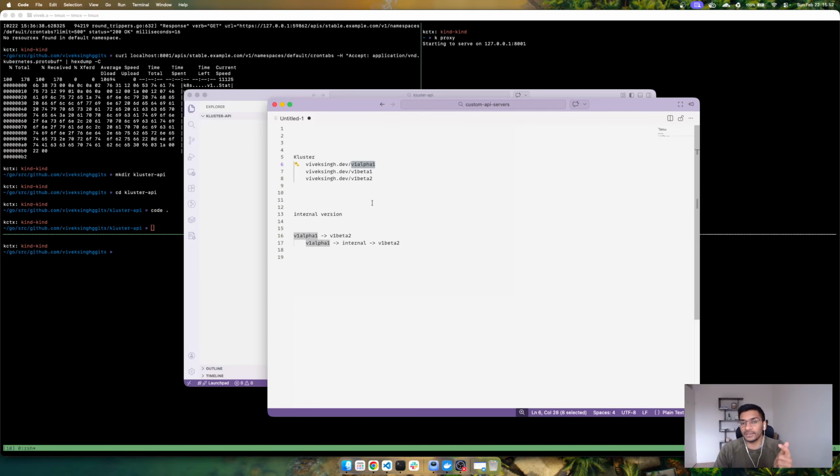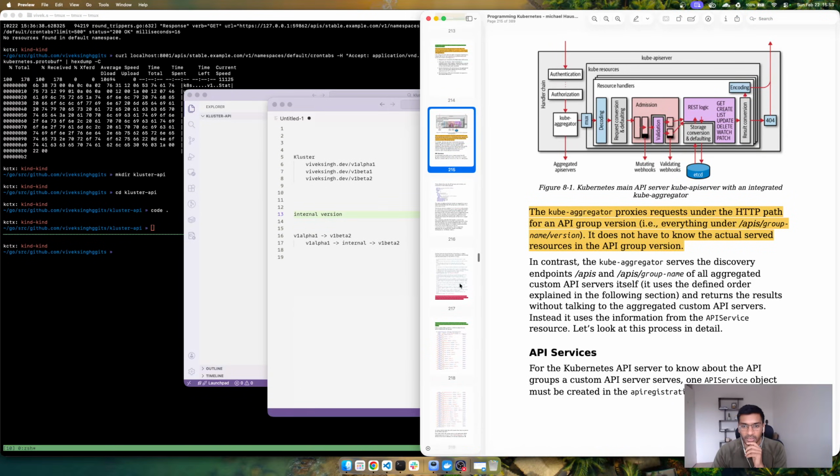we can easily convert any version of resource to any version of resource. I hope that makes sense. In this particular case, the internal version is the hub and the other versions are the spokes around this hub. And this is explained very well